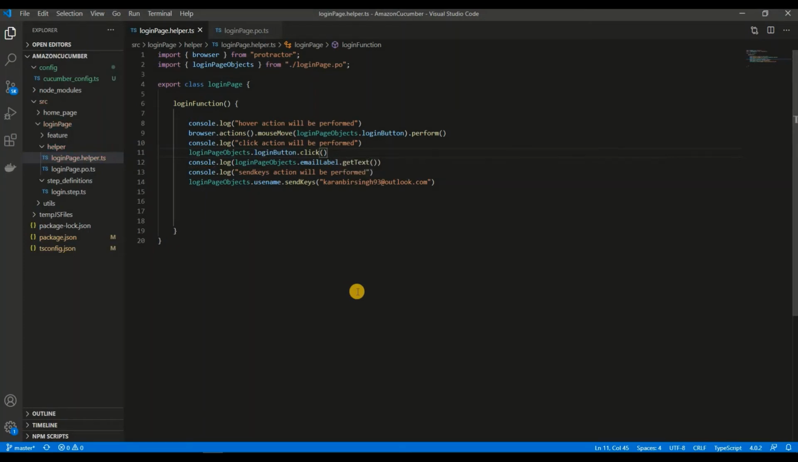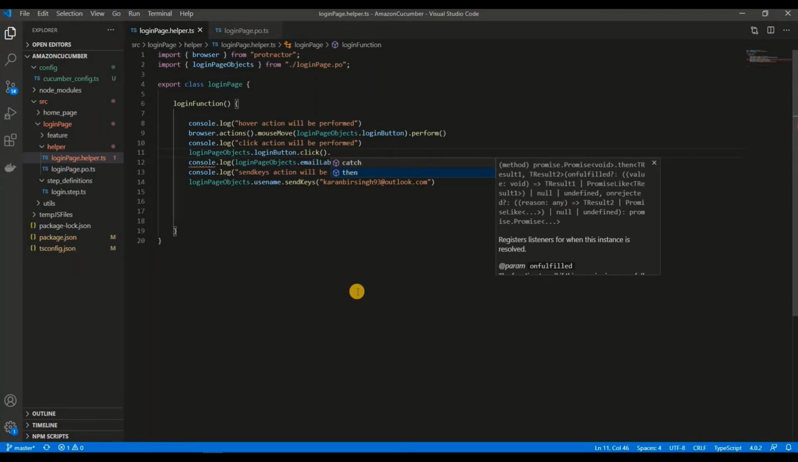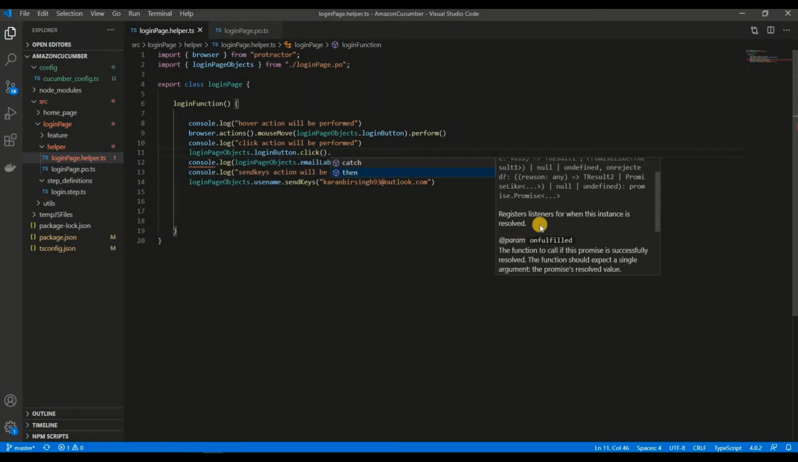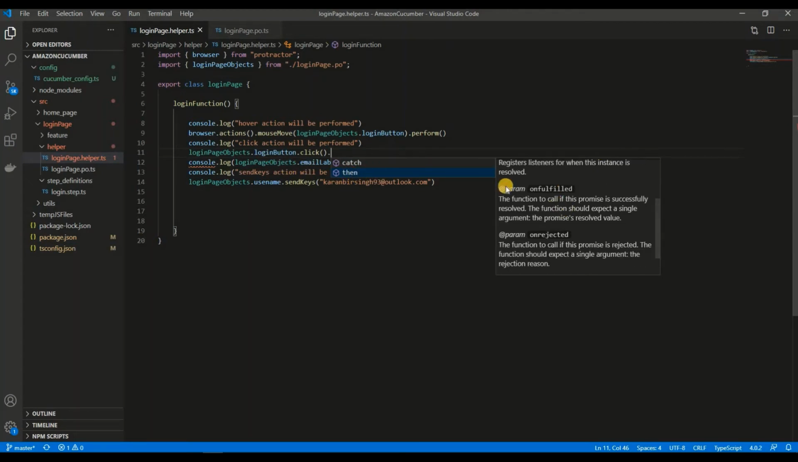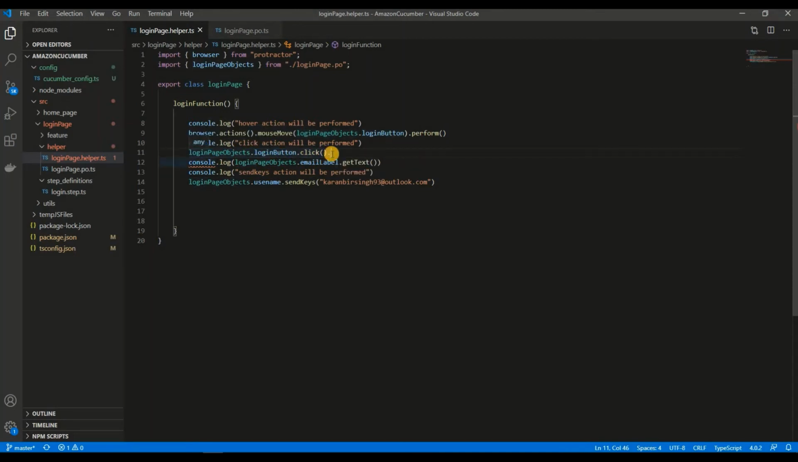Now there are two ways to resolve the promises. First, let's understand the vintage way of doing it, right? If I just click on dot, you see that we get two options. One is catch and one is then. Let's read it. Registers the listener for when this instance is resolved. So basically, whenever this instance gets resolved, then the function will be used only when the promise is resolved. So the param is on fulfilled. That means whenever this is being fulfilled, whenever the protractor is able to click,